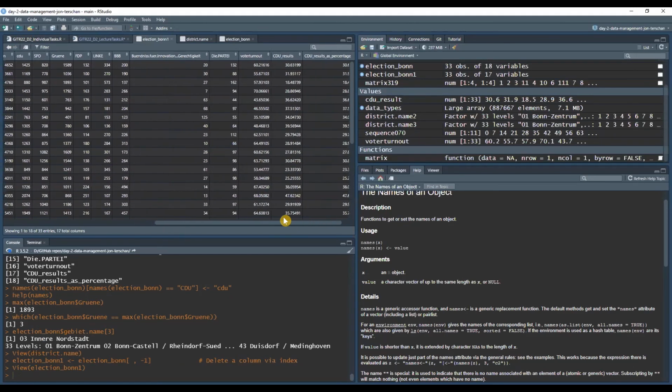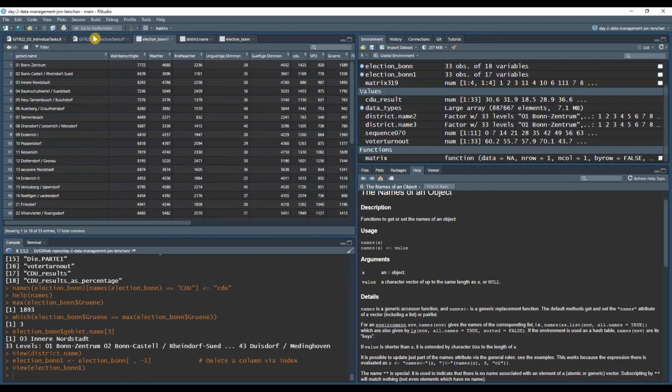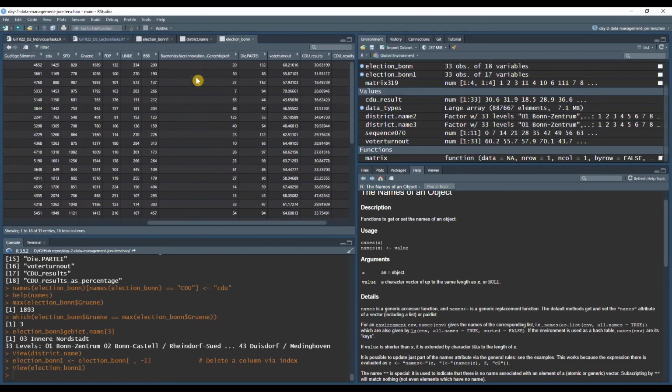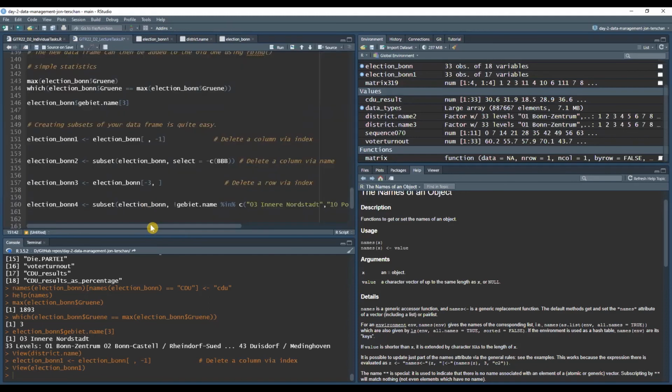Using the same approach, you could also delete the last row. Then probably more convenient than deleting it over the index number, because when using the index number, you always need to know which position your column is in. If you have a data frame with a lot of columns, you might not know that this column, for example, is the 23rd column or something. So if you need an easier, more convenient way to delete it, you can do it by name,